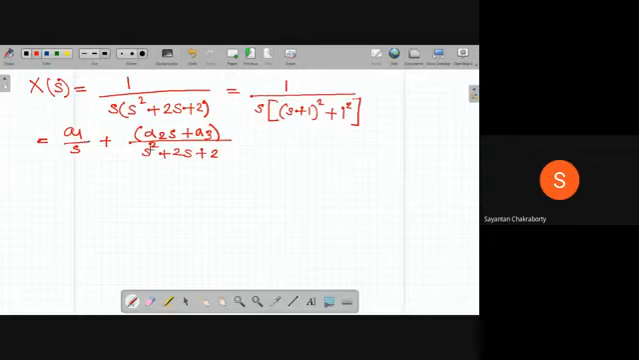Now we calculate what will be a1. A1 will be simply s times xs at s equal to 0. So what will be its value? Oh, not fs, sorry, I'm writing it as xs. Its value will be